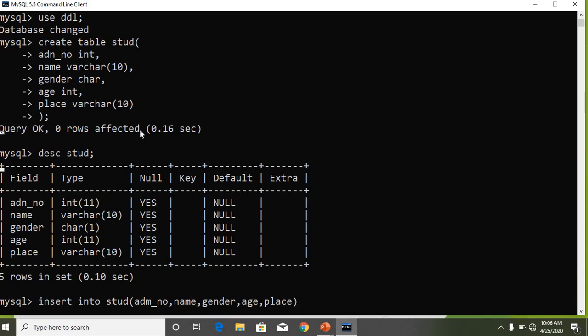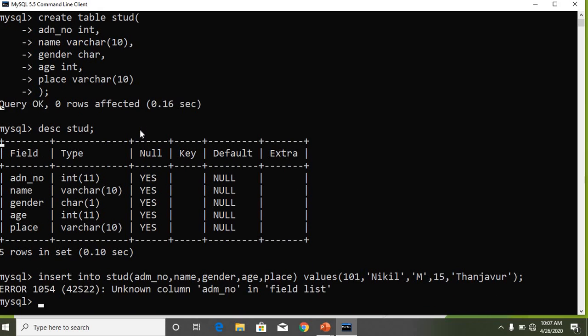So now the values we are giving to the table. We have to enter the column names and then only we give the values for those fields. Now values, open brace, close brace. 101 is the admission number, then name. The string must be within single quotes in MySQL and SQL also. So I am giving a pair of single quotes, and within this I am typing the name, Nikhil, comma, gender, it's also a character, so we have to give it within single quotes, M for male, comma, age 15, comma, place, Tanjavur. Tanjavur is also a character string, so we give it in single quotes.